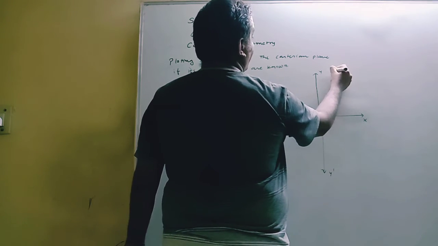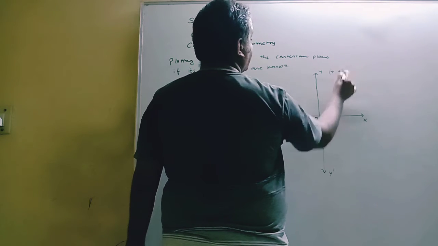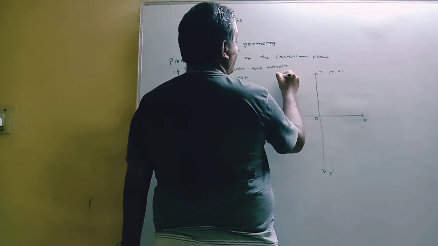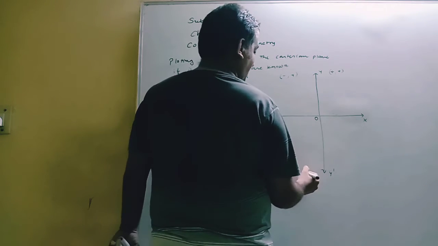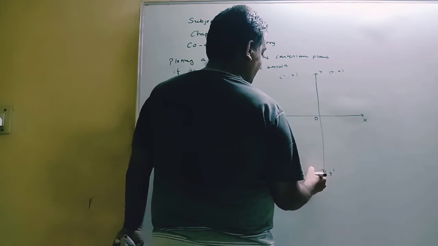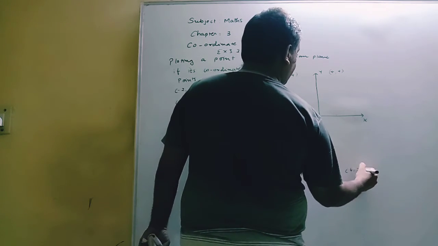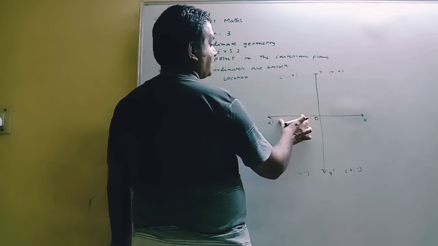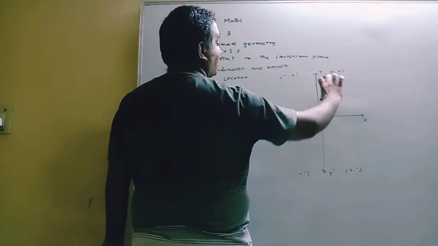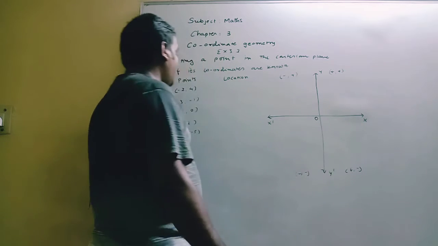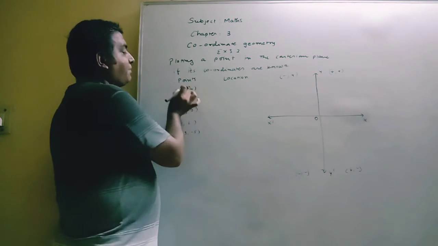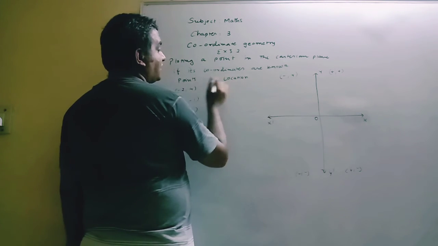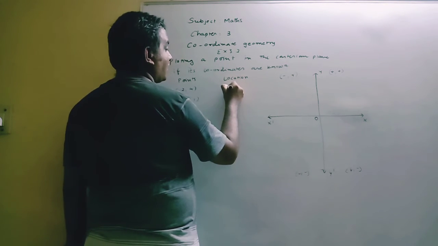So this is the first quadrant, which contains both coordinates plus, as x and y are in the positive direction. Here x is negative, y is positive, so the minus plus direction. Here minus minus direction, and here plus minus direction. OX is the positive x-axis, OX dash is the negative x-axis. OY is the positive y-axis and OY dash is the negative. So here first is -2 and +4, so minus plus. So (-2, 4) lies in the second quadrant.